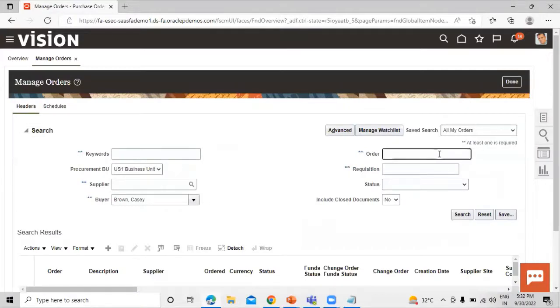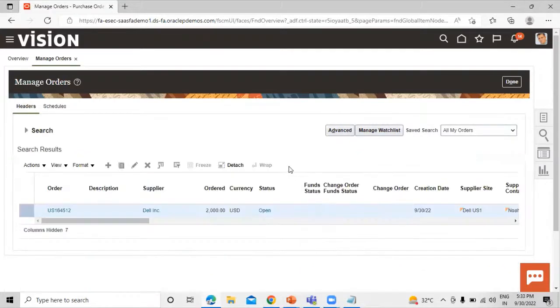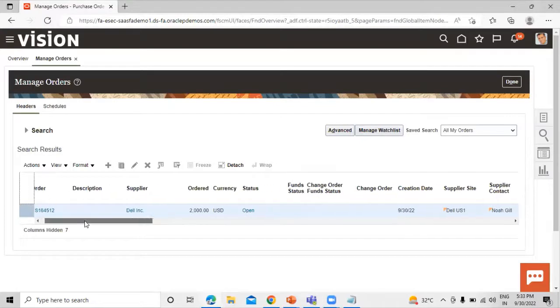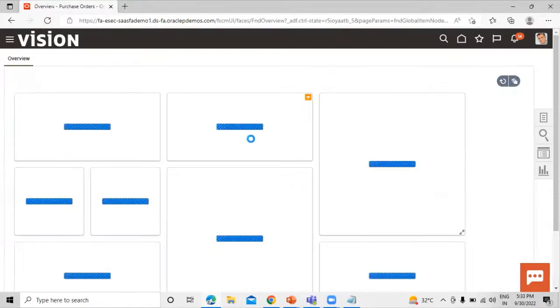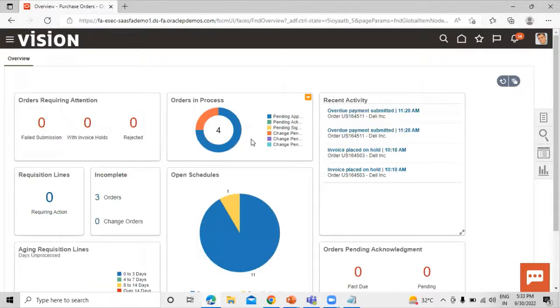Let's search for the order, search it. So it gets approved, right? Now done. So after creating the purchase order, we have to create the